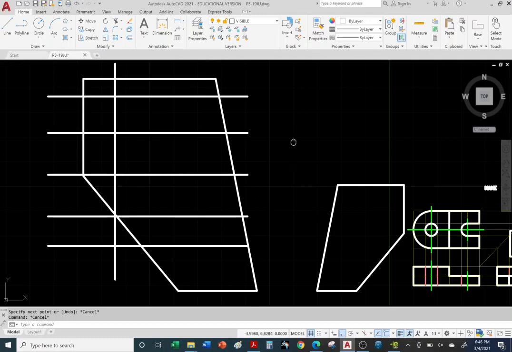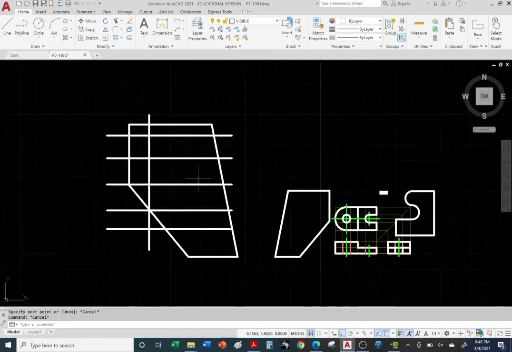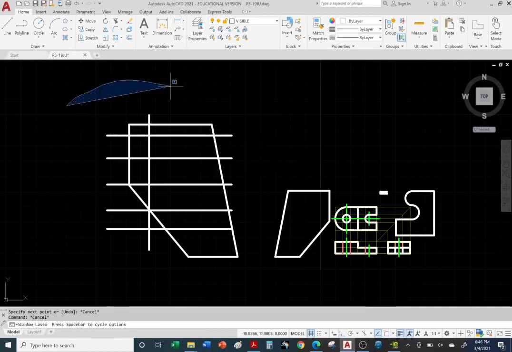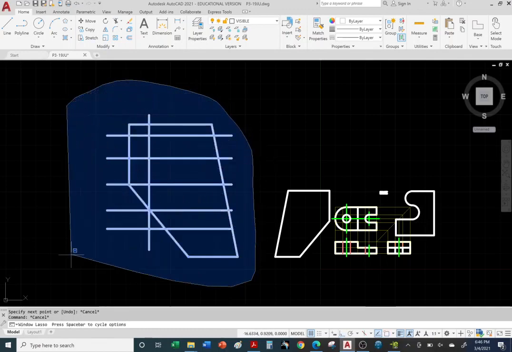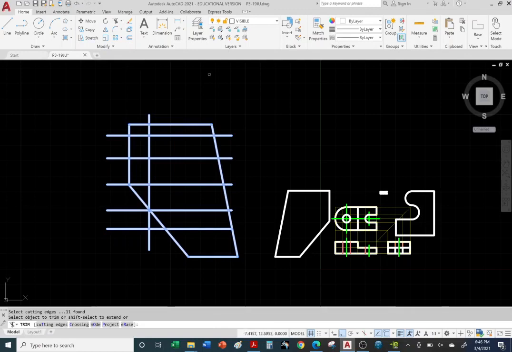Okay, so we're going to do some trimming. To trim, one thing we can do is pre-select everything. It's one option. Say, hey, I want to select everything. I'm going to turn everything into a cutting element, so I can pre-select, then click on trim and remove the portions you want. So let's say I want to get rid of this one,